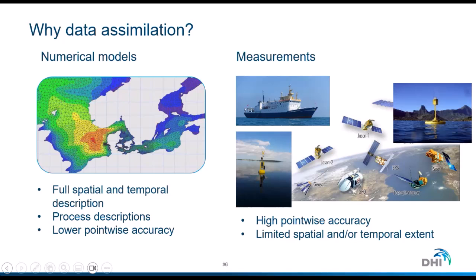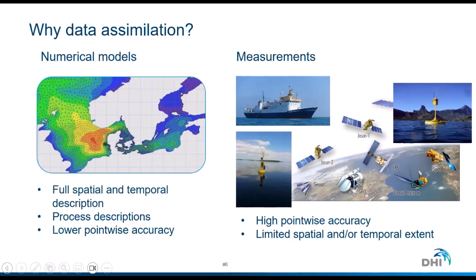Sometimes we only let the model describe the dominant processes, and sometimes we have a spatial resolution that limits what we can describe in the models. So model results will, compared to measurements, be lower in point-wise accuracy.